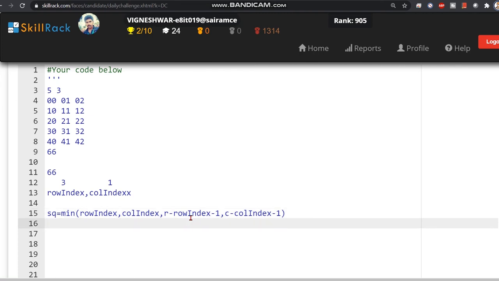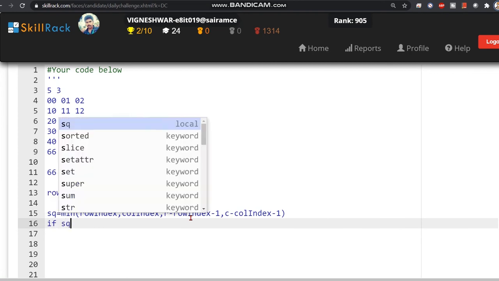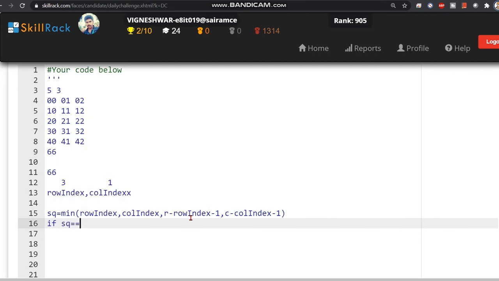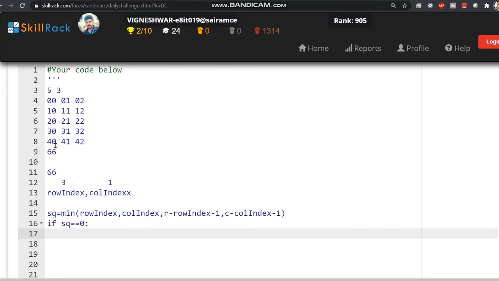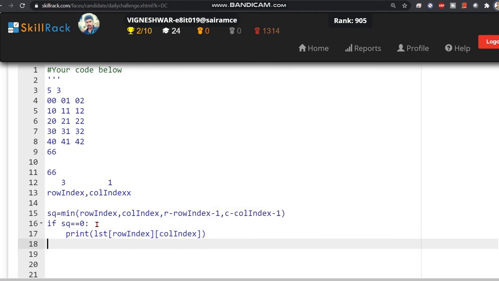If we find that SQ is 0, that is, the depth is going to be 0. For example, if it is here, then obviously it's going to be 0. If it is here, then obviously it's going to be 0. So we are going to print the element as it is, that is the row index, then the column index, right?